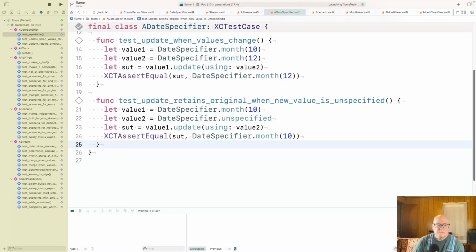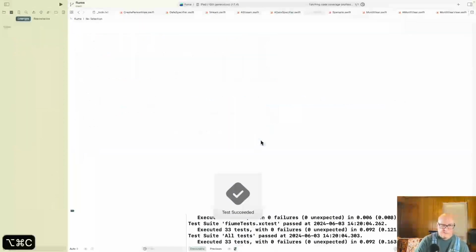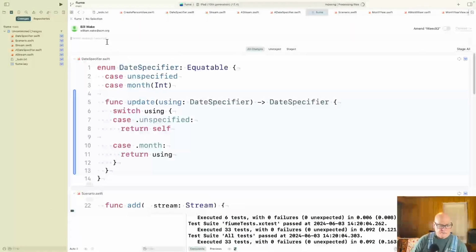Okay, so we've refactored, extract and move update to DateSpecifier.